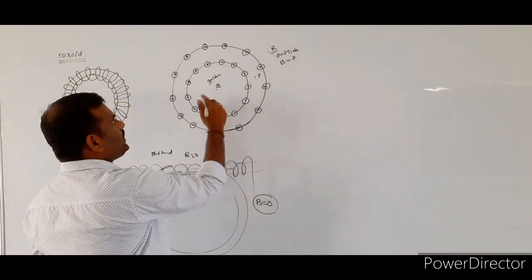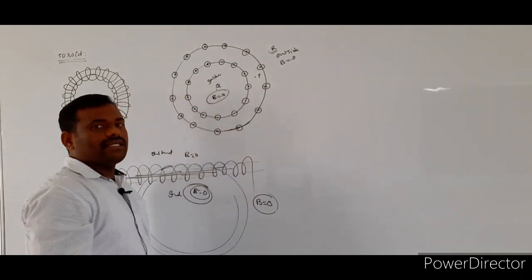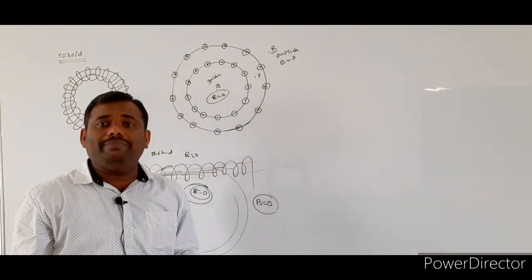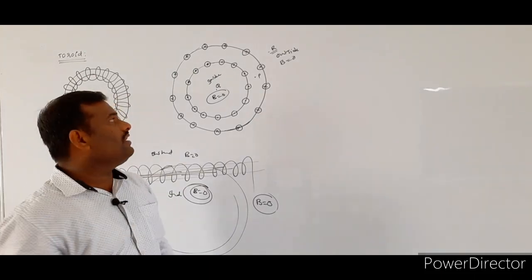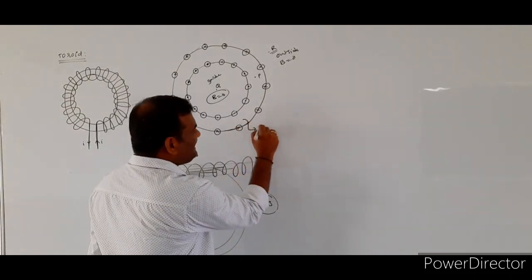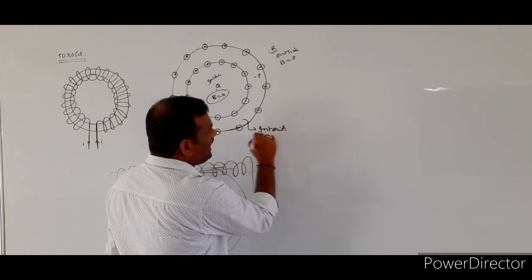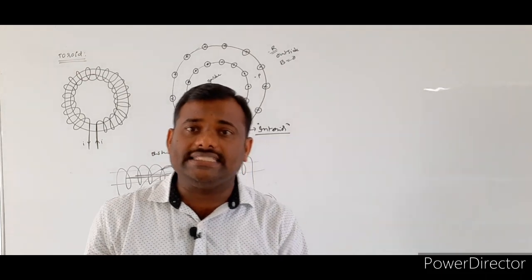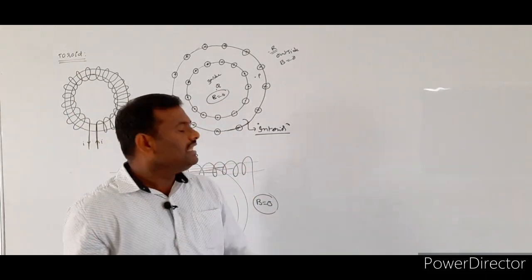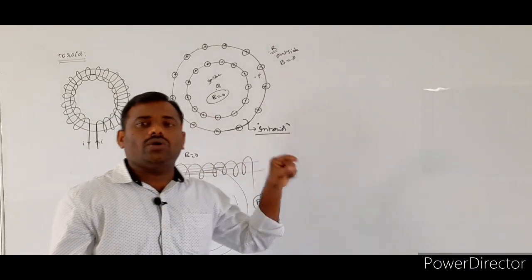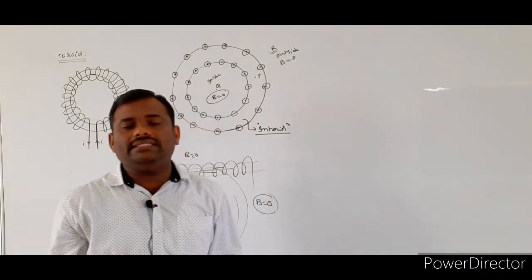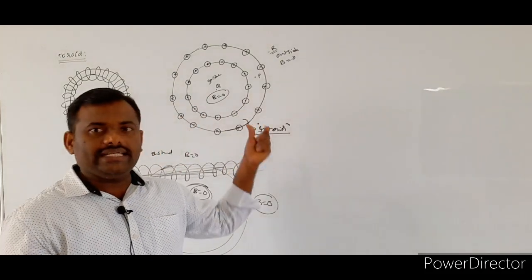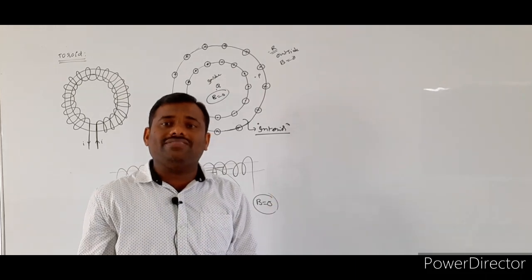If you consider the point Q which is present inside the solenoid or toroid, there also the magnetic field will be equal to 0. The magnetic field is present only in the interior of the toroid. That point we have to understand. If a magnetic field is present in the interior region of the toroid, how can we calculate the magnetic field intensity in that region?